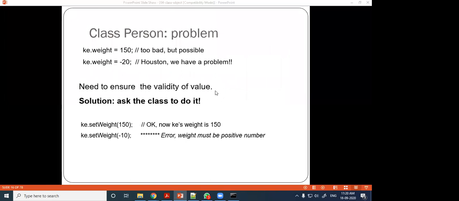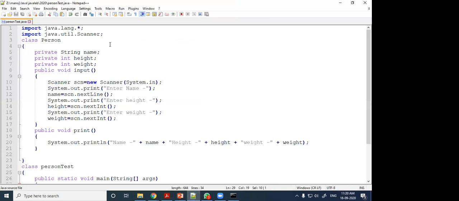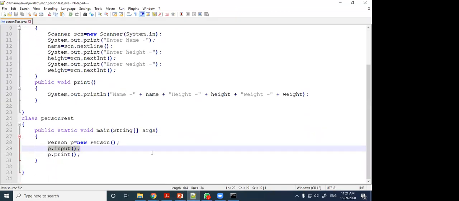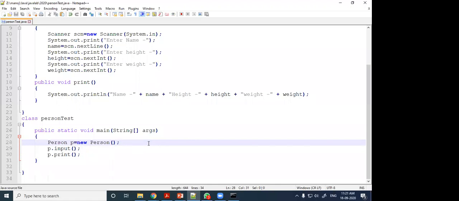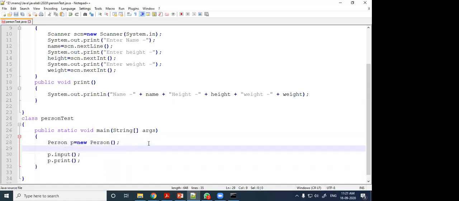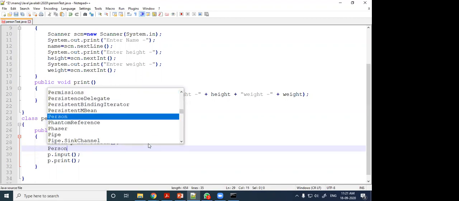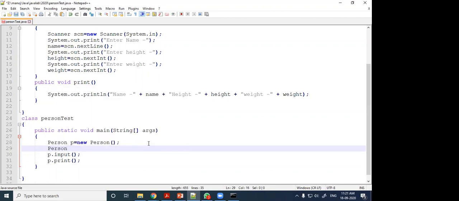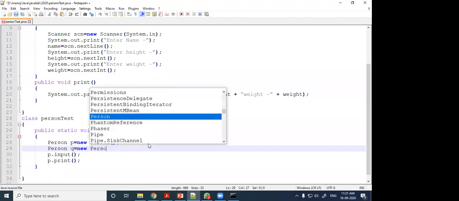So now let us go again to our program where we will see the reference things. Okay, here in this program we have created person p, suppose q equal to new person.